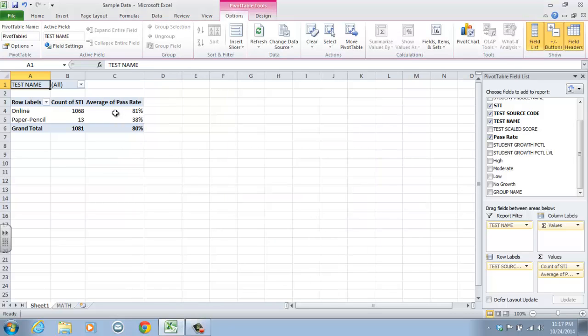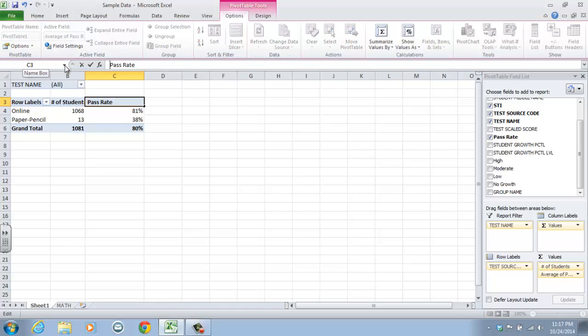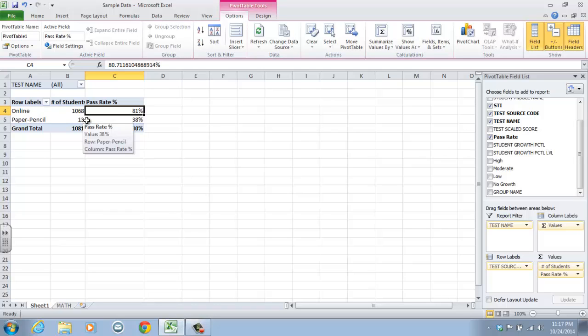And you can see how I have the count for SEI, which is really the number of students, and I can say pass rate percent. And now I can compare online tests versus paper pencil tests. And again, because I have the number of students here, it keeps things in perspective when I'm looking at 81